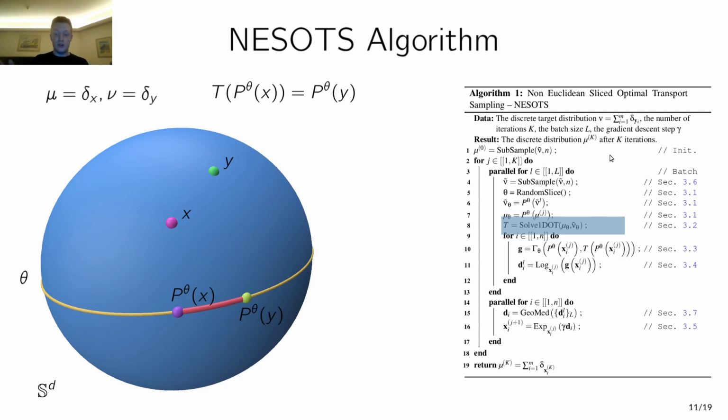But actually, all you need to do is find the right place to cut the circle into a line, so that then you can simply sort the points and find the optimal assignment that way. Okay, and the algorithm to find the place to cut is very cheap to compute and doesn't change anything. Okay, so suppose that you have now computed that the projected version of x must go to the projected version